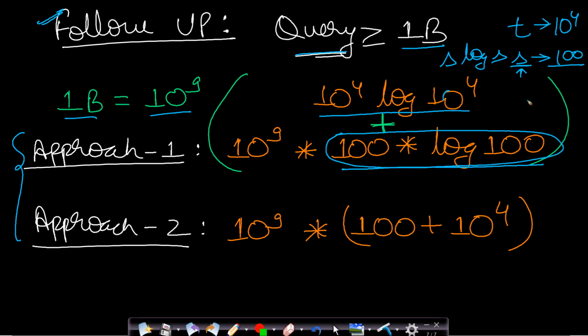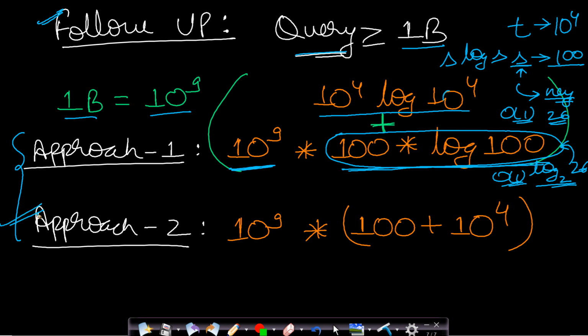In this case, I am not assuming the complexity of finding a key in your map. The complexity of finding a key will be order of 1, because it will depend on the number of keys. Since you have only 26 characters, the maximum time can be log 26 base 2, which will be order of 1. Therefore I have not included the time for finding a key in a map, which is O(1). Now the total time for approach 1: you have 10 to the power 9 queries, so 10 to the power 9 will be multiplied by the time for each query. So this is the time for approach 1.